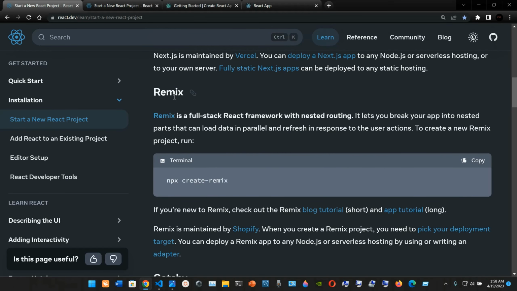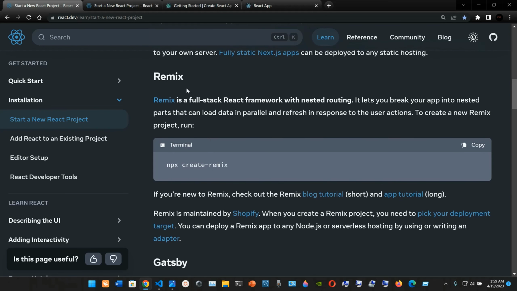Now we're going to see Remix, and it's pretty much the same. So you type in npx create-remix, and then the name of your project if you want to use Remix. Remix is a full stack React framework with nested routing. It lets you break your app into nested parts that can load data in parallel and refresh in response to the user actions. To create a new Remix project, run